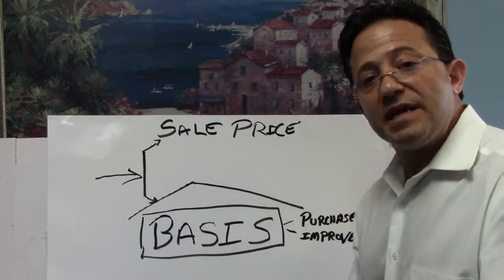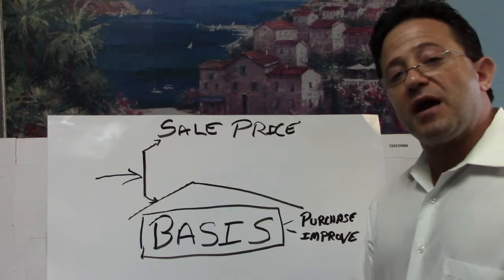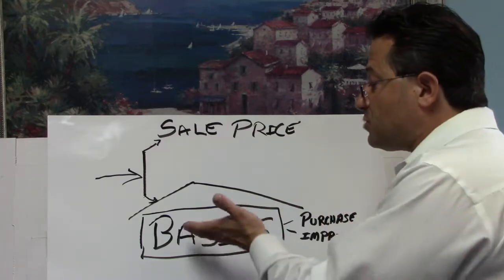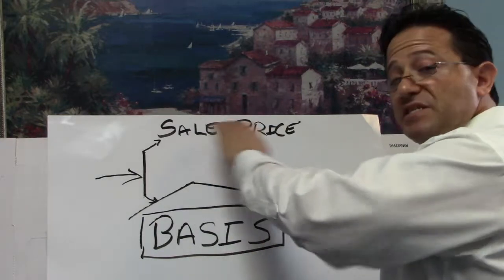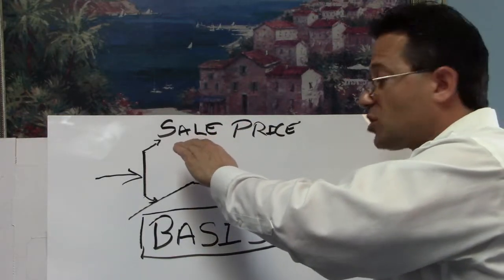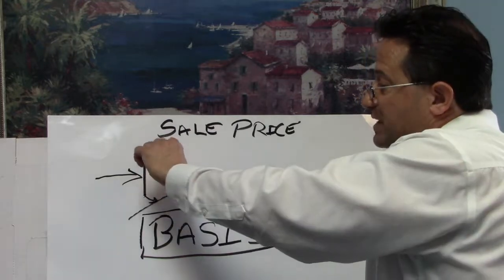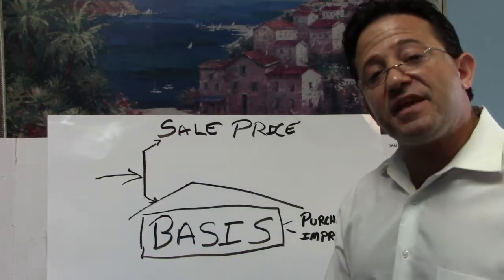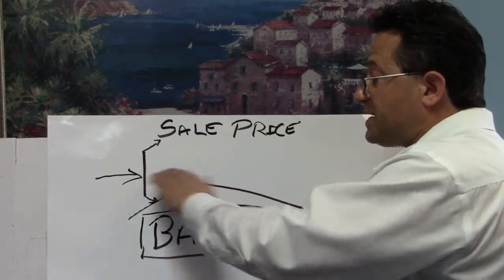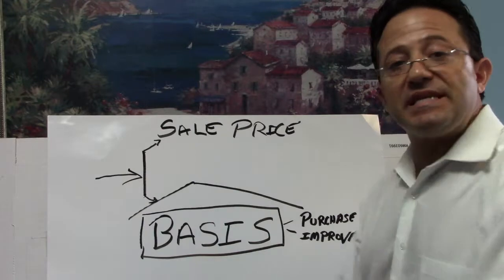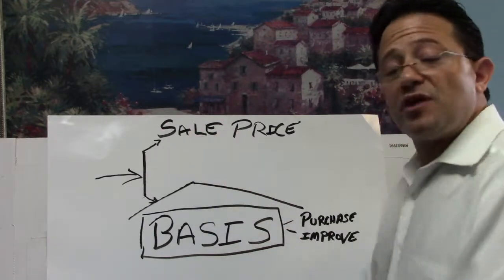That's your basis. And what the accountant's going to look at is any improvements that you put into your house. The improvements are going to increase your basis, and so we're going to shrink this margin in between your present sale price, which we said was $500,000, and your starting point, which we said was $100,000. We want to shrink that margin in between. So anything that you did to your house, you're going to report to your accountant, and they're going to increase your basis, and then we're going to shrink this area in between, which is your gain. All right? So your gain is anything above and beyond your basis.